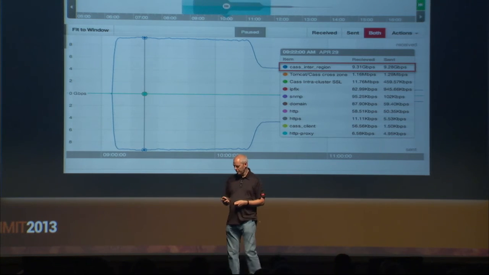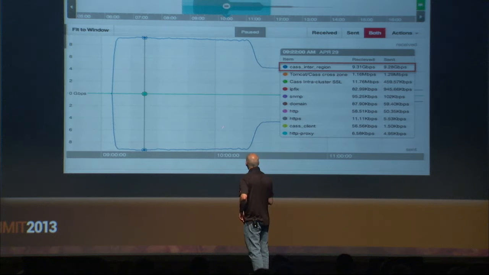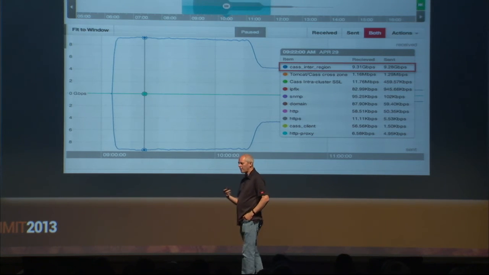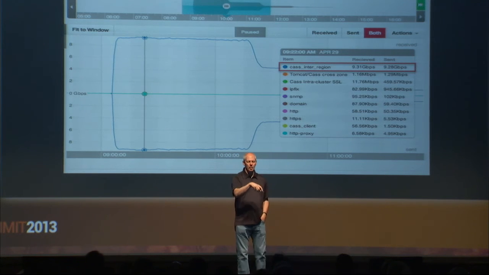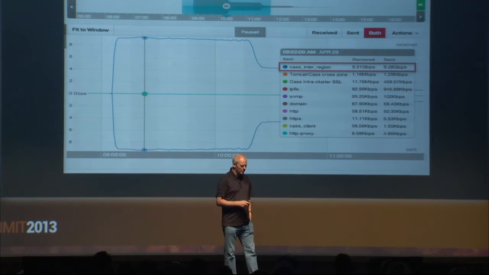So this shows us what happened when we were copying the 18 terabytes of data. It ran at 9.3 gigabits per second into region. So this is basically the data being sent. Some of the nodes had more data than others. So some of them finished here, and then there were a few more that finished. So you can see the overall shape here. We didn't have an evenly balanced cluster in terms of the load on each of them. There was more data on some than others. So it went through and copied the data over.